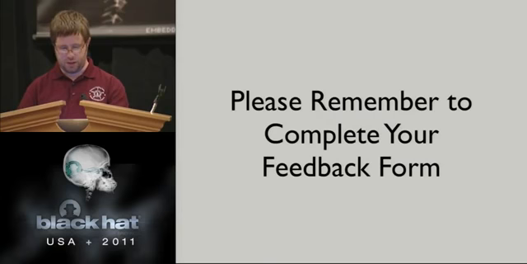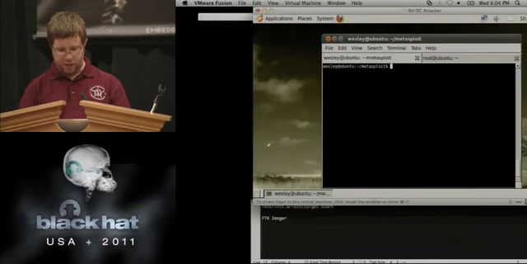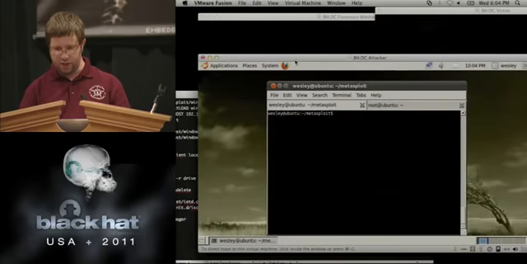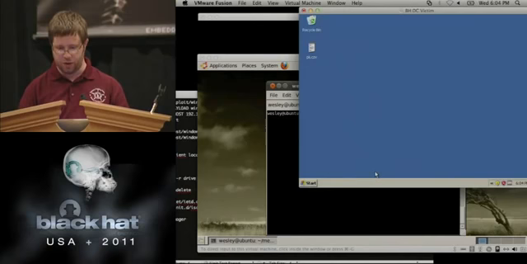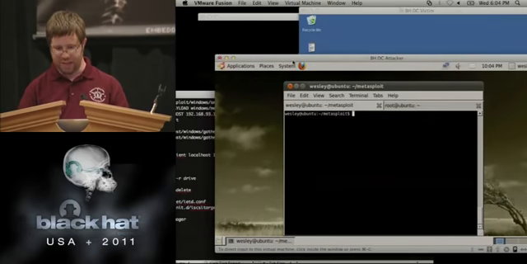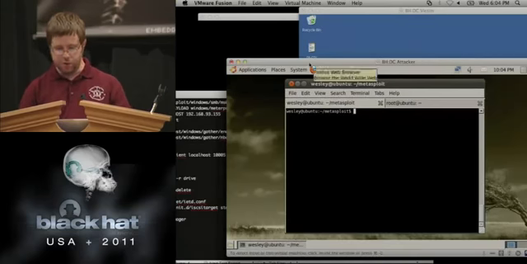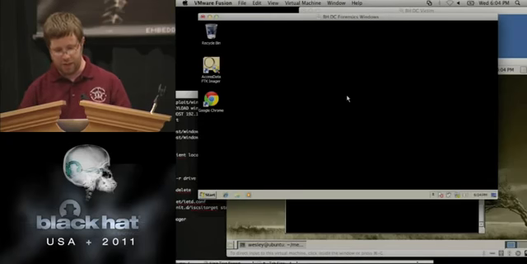So now for my demos, we will switch over here. You'll have to forgive me that I have some very basic notes here on exactly what I need to type to get this stuff working. To introduce you to all the actors in this demo, we have our victim here running XP Service Pack 3, which should be easy to reliably knock over. We have our attacker machine running Ubuntu Linux with old school Metasploit 3 on it. I did not upgrade this to 4 for fear of my demo breaking. And we have a forensics workstation here running Windows XP that has FTK Imager on it that we can look at these drives on.